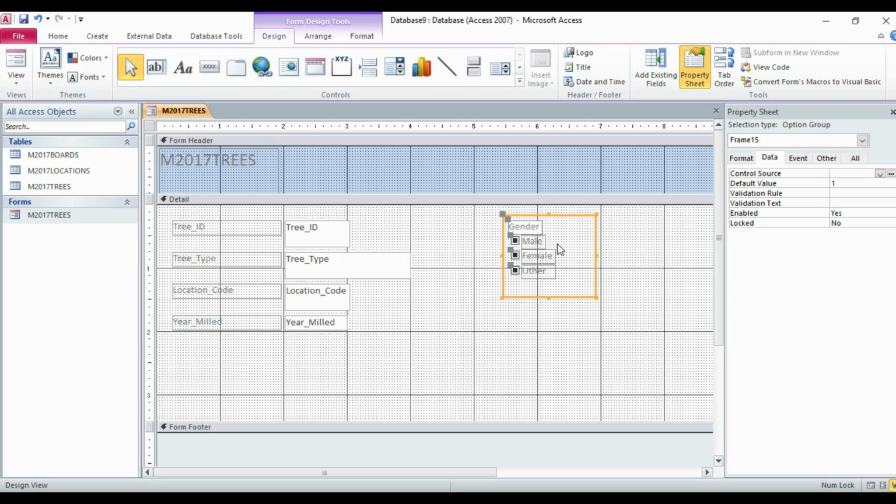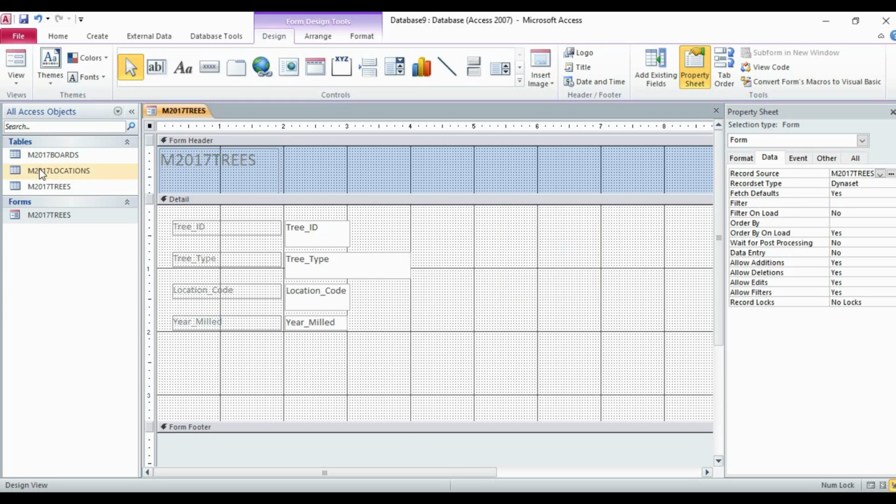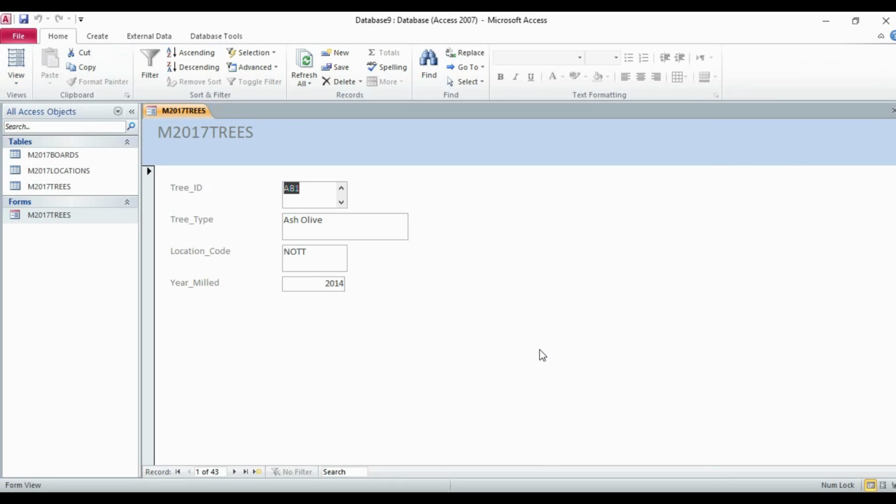So another option is that we can add the radio buttons or check boxes in the form. So I'm just deleting here. Now again I go to the form view. So I just have a recap. First of all, the first feature which we were able to add, that we can create the combo box, then we can resize the field size and text boxes, then we can use the navigation buttons, and then we can add the radio buttons or check boxes. We can use the option using the option group.